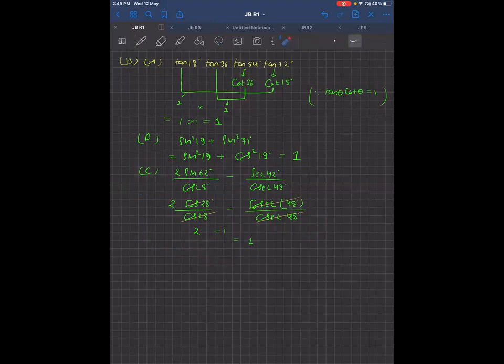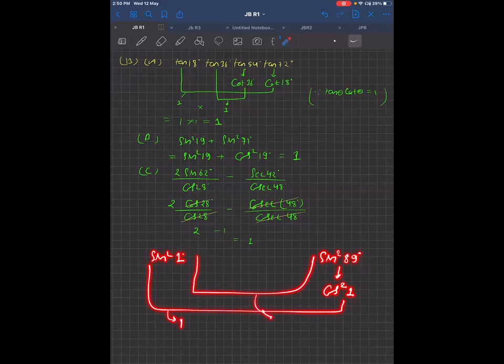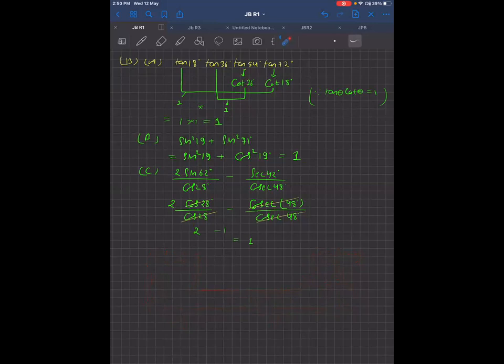For example, in the starting we have sine square 1 degree and in the last we have sine square 89 degree. The sine square 89 can be written as cos square of 90 minus 89, which is 1. And sine square plus cos square is equal to 1. Similarly, the next pair will also be 1. So in this way, you'll get a total of 44 pairs and sine square 45 will remain. Sir, if we do like that, we will get the answer as 44 plus 1 by 2, but in the options it is not there.